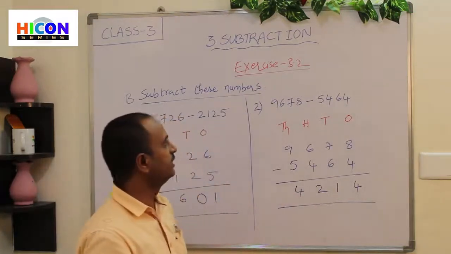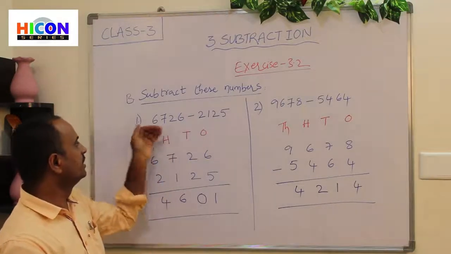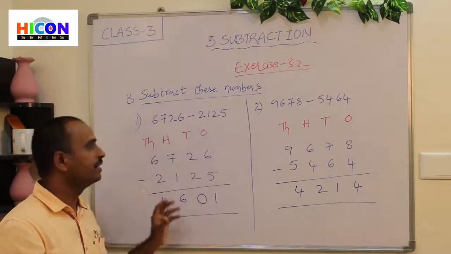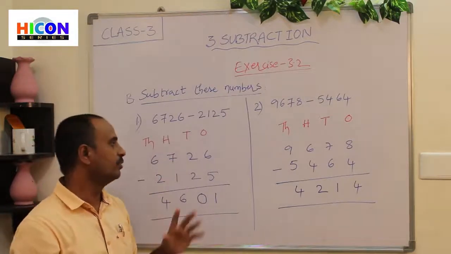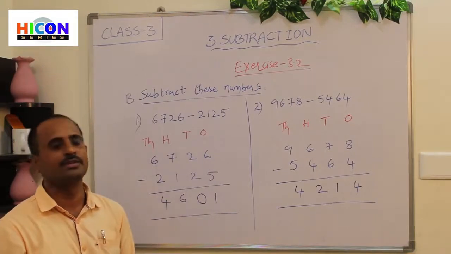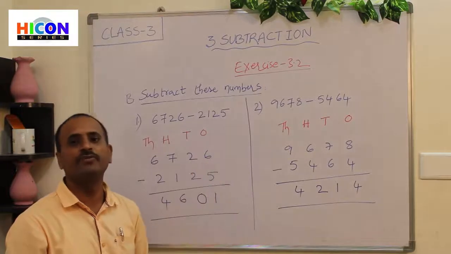So the answer is 4214. Children, in this way we can practice such type of subtractions. In these you have to arrange first the one number below the other at their corresponding places and do the subtraction in the same way as that of the 3-digit numbers, and practice the remaining problems in this exercise in the PDF at your home.